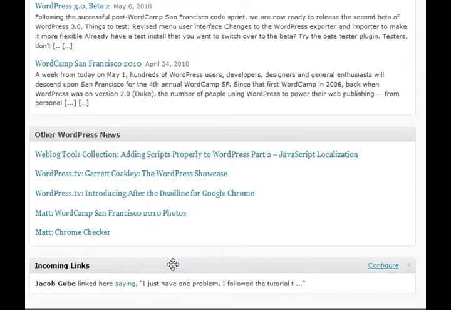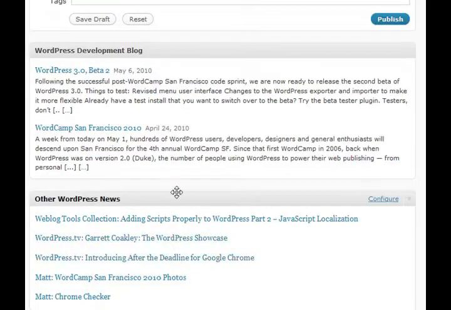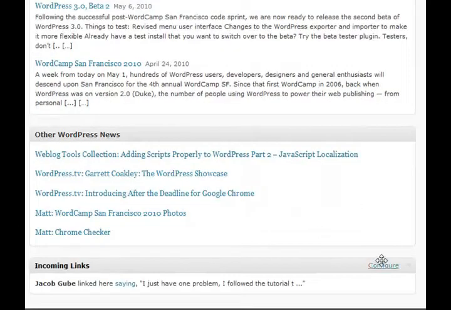Your incoming links will basically show you how many people are linking to your blog. So basically, if you wanted a quick overview without having to do the manual searching yourself, that will do that for you. So it's a really nice thing to have. Also, another thing is that the WordPress news is configurable, and so is incoming links. If you wanted to configure exactly where the reader was for your incoming links, you can click on the configuration right here